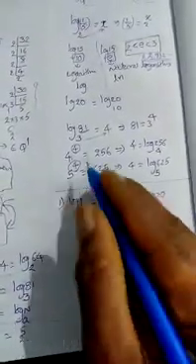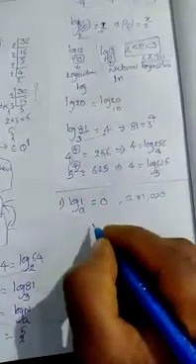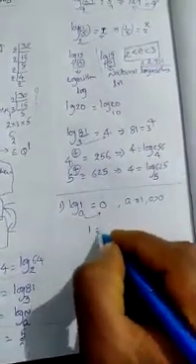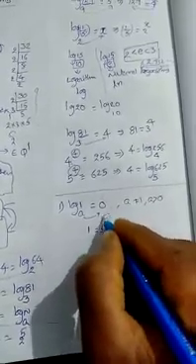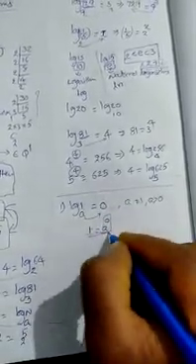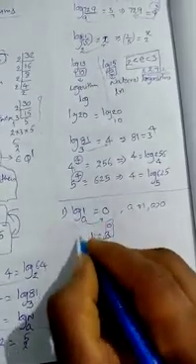As per the definition of the first concept, how to write here? This 1 equals, will go to this side. That means a power 0. As you all learned already in the past experiment, anything power 0 equals 1. We got it, right? With the help of this formula, we are getting this formula, that log 1 base a.